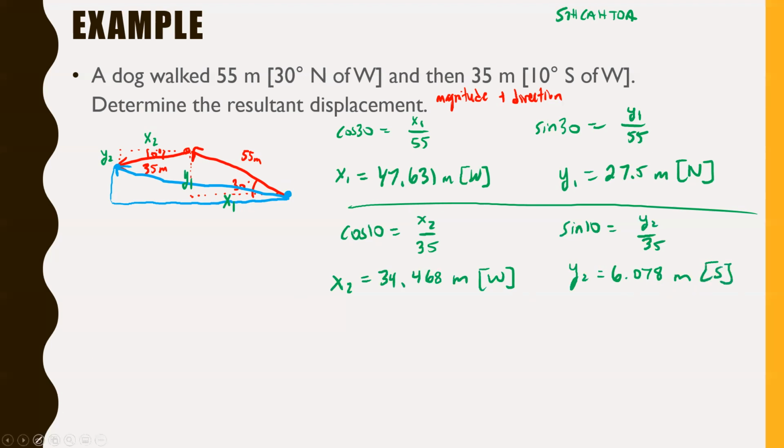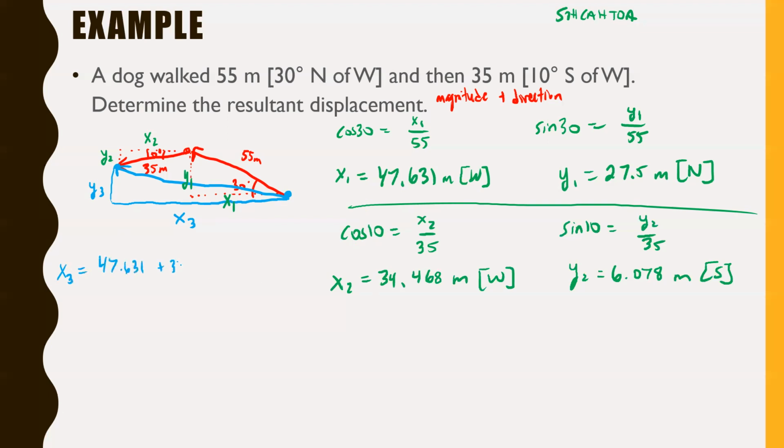so we're almost there. I'm going to switch colors here just so I can show you that this is going on the resultant. We need to combine our X and Y components together now. The X components are nice because they're both in the west direction. So for our X3, which I'll call this bottom one here, and this one will be Y3 going up here. For X3, we just have to add X2 and X1 together. So X3 is going to equal